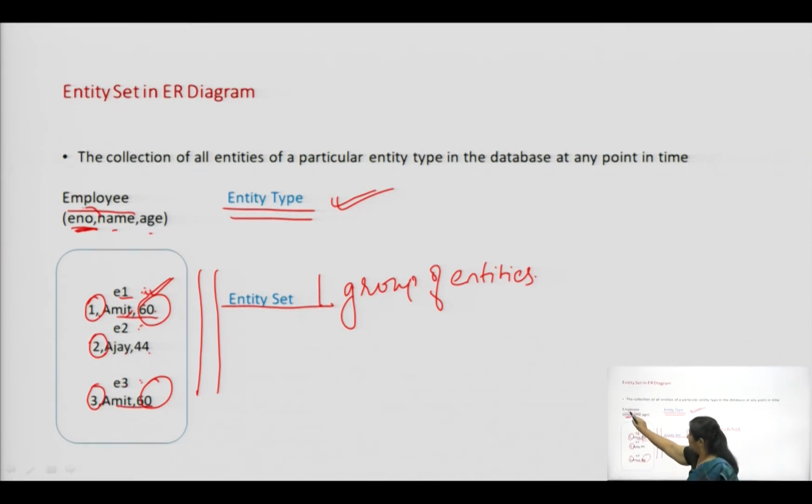But ENO is that attribute which is clearly showing us the difference, due to which E1 and E3 are distinct. Why? Because E1 has the employee number 1 and E3 has the employee number 3. So, we will say that in this case ENO is the key,